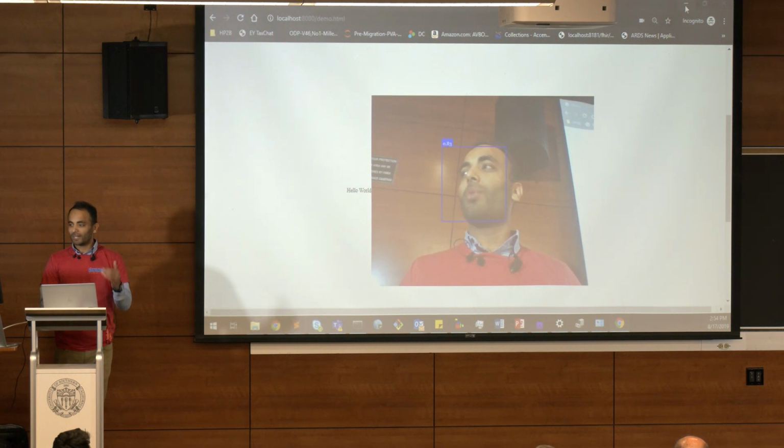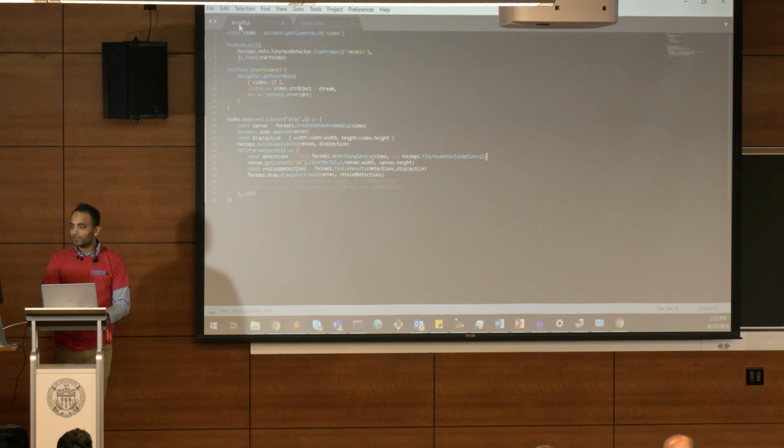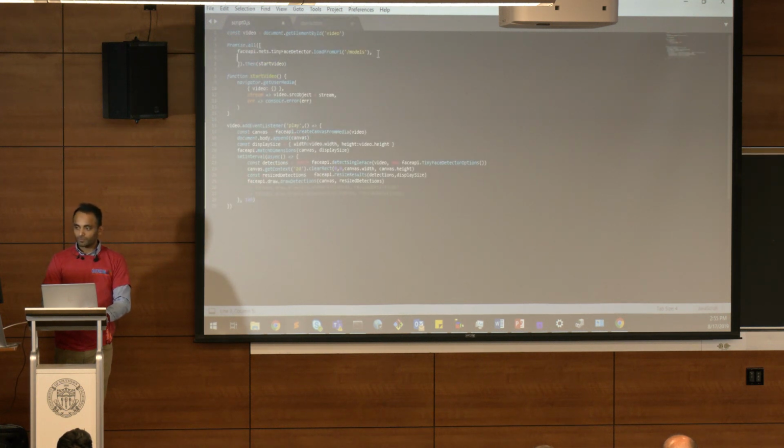So now we can actually recognize the faces using the face API. The next thing we're going to do is see if we can project some landmarks on top of that. So for that, all we have to do is pull up another model. So if you look at line 4, that tiny face detector, that's the model that did the bounding box and recognized the face. So you have to first bring in that model. So it's a pre-trained model.